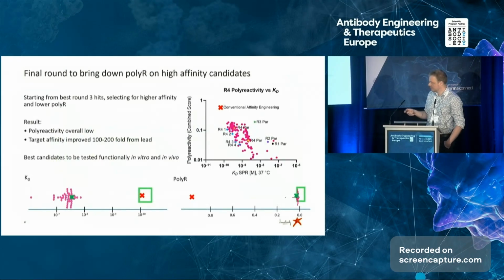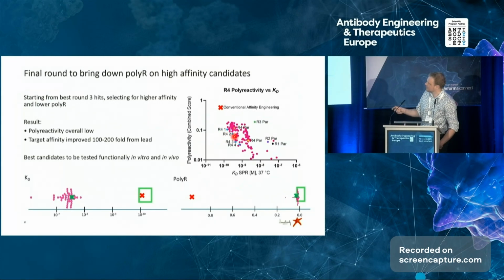So then we went back into our round 4, now with these strong models to inform us, and again we have the outcome shown here on the right. We have the KD and we have the polyreactivity, and now we have also all the parents from the different rounds. So starting out with the round 1 parent here as the lead, and then our round 2 and round 3. And as you can see, we are slowly inching down into this lower left corner where we want to be, low polyreactivity and high affinity down here.